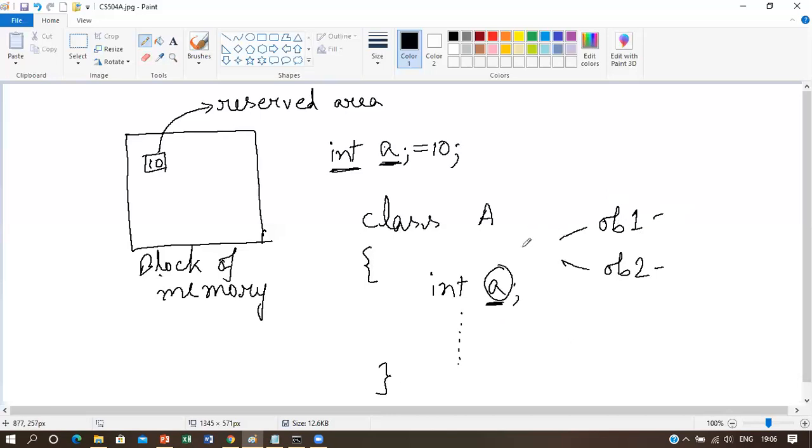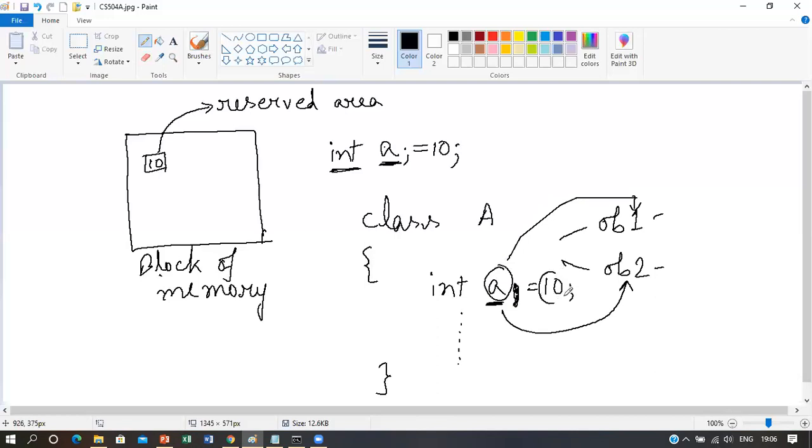But the value of A that has gone into OB1 is different from the value of A that has gone into OB2. That's why this variable is known as instance variable, because this variable's value is instance specific. Suppose we are giving a value 10 into it.